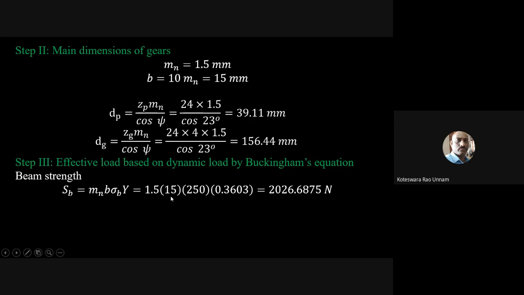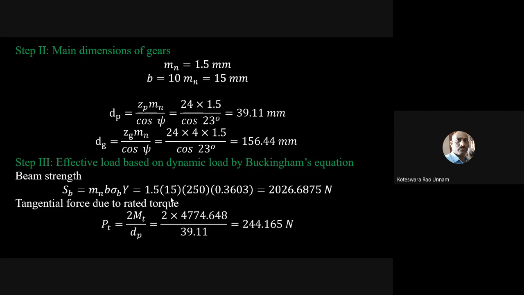So then, in order to calculate the factor of safety, you need to calculate the effective load also. For that we require tangential force. Earlier the tangential force was also in terms of Mn only. Now we can calculate, because we know the diameters. So you can calculate the pitch circle diameters. If you substitute that, you will get PD as 244.165. Then